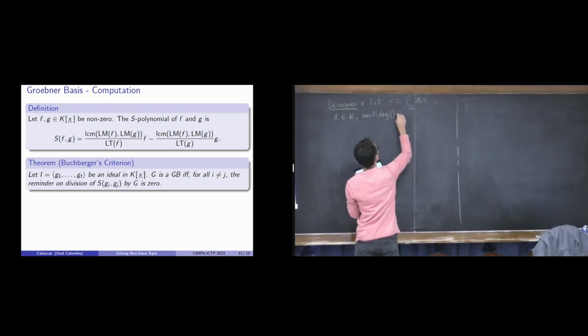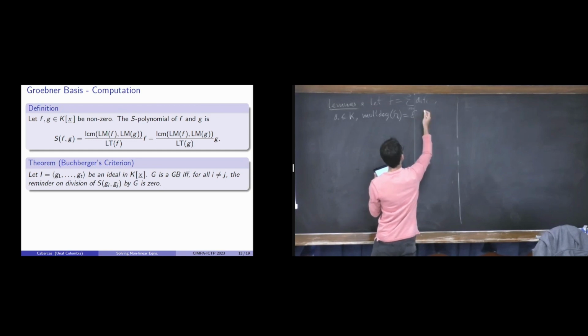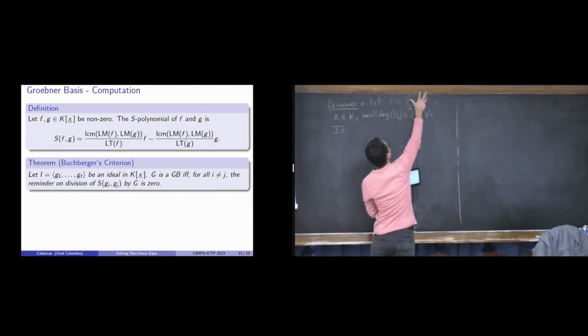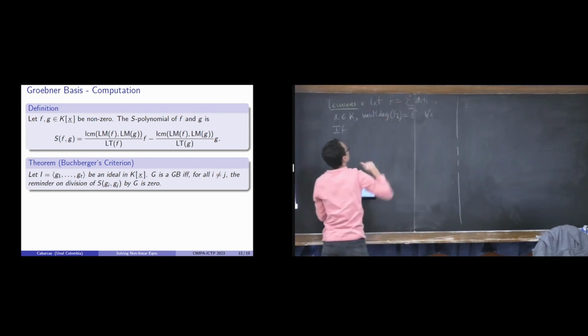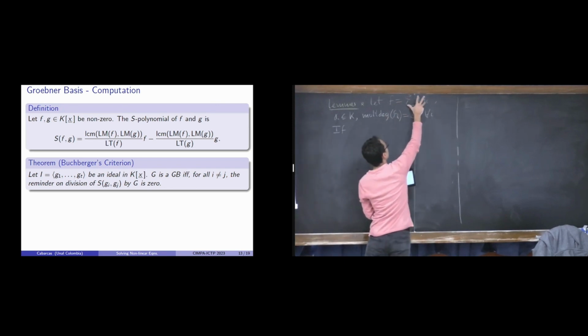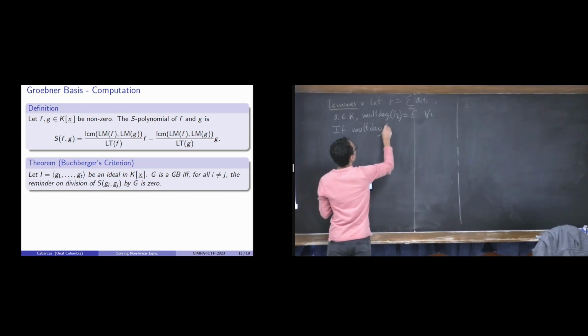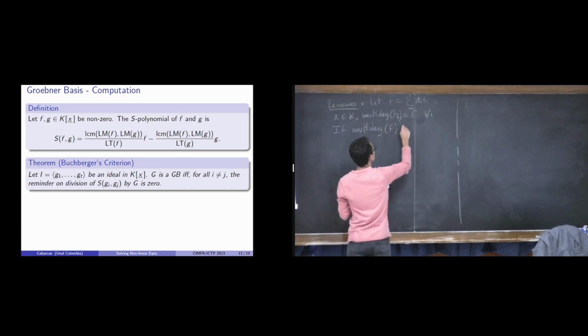So every one of the polynomials has the same multi-degree, say delta. If there's cancellation here, so if there's a drop in multi-degree, if the multi-degree of F is strictly less than the multi-degree of the f_i's,